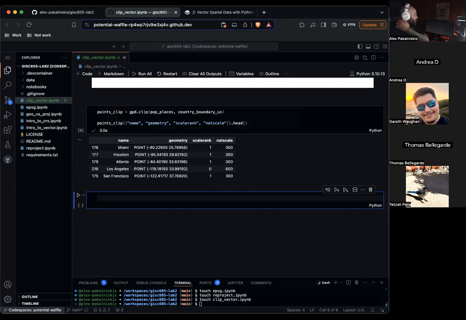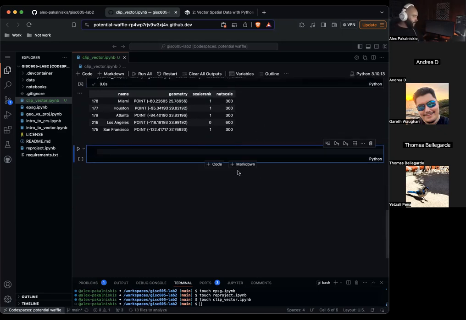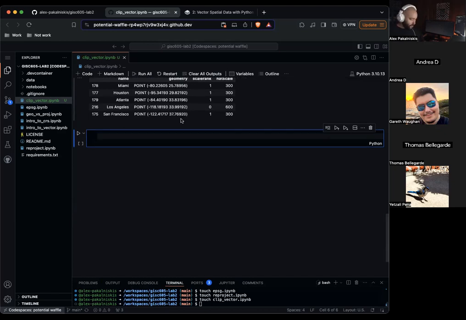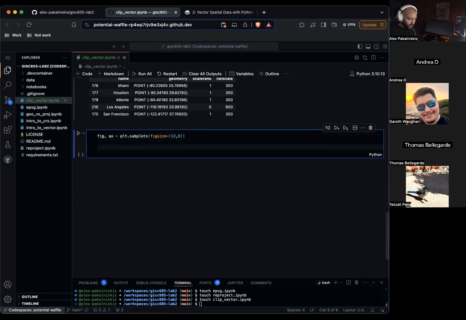Now let's plot the data using this newly clipped points layer. All right, let's get it. fig, ax equals plt.subplots, figsize equals 12 by 8. Country boundary US dot plot, ax equals ax, alpha equals 1, color equals pink, edgecolor equals red.